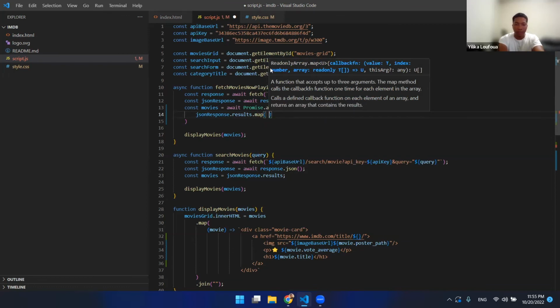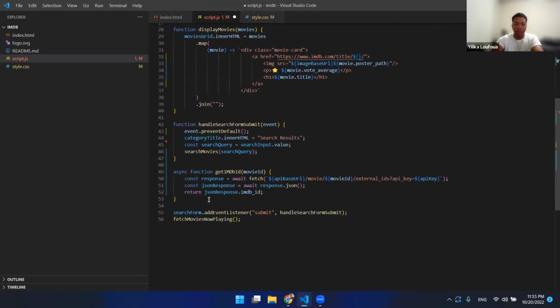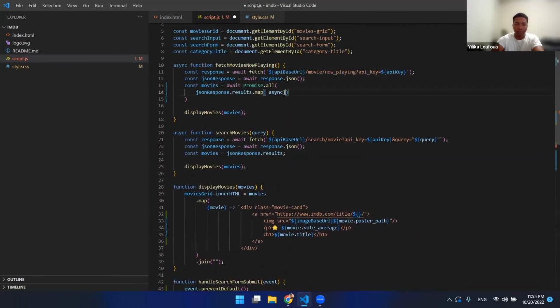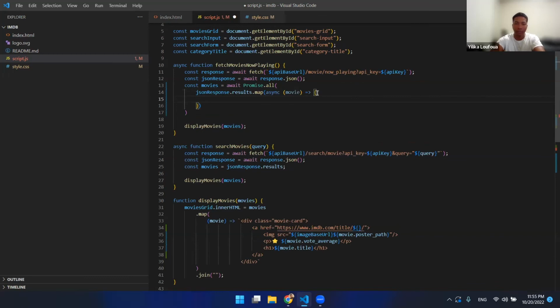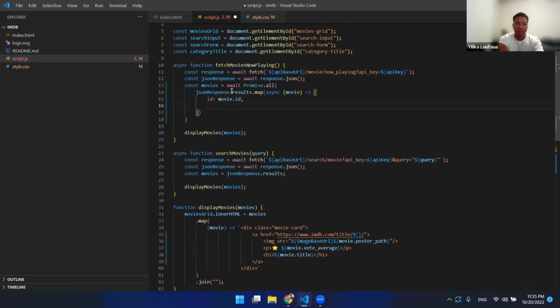What we do right here is also going to have to be async, because we will be calling this function right here. For basically each movie, we use the arrow function again, and we map that into a new object. So this object is also going to have id, which is just that movie's ID, and then it's going to have